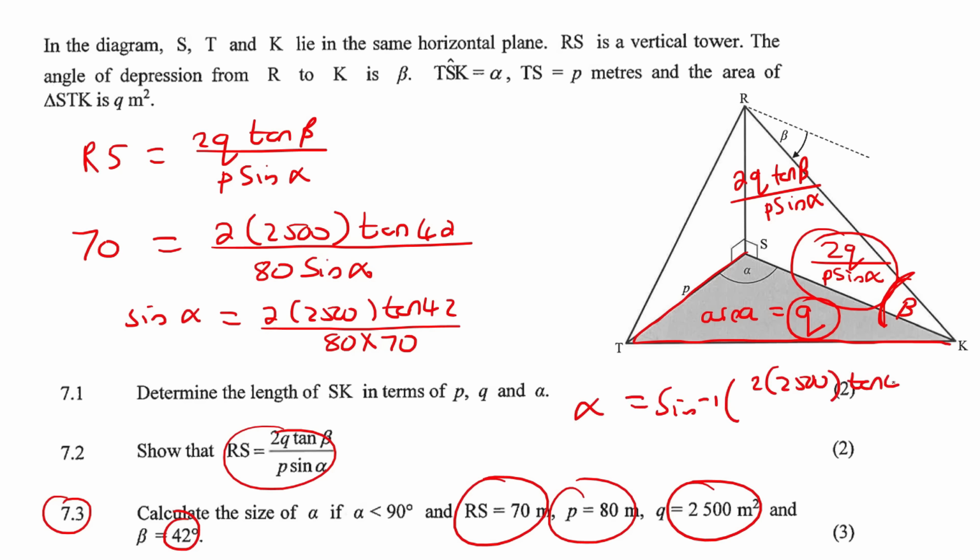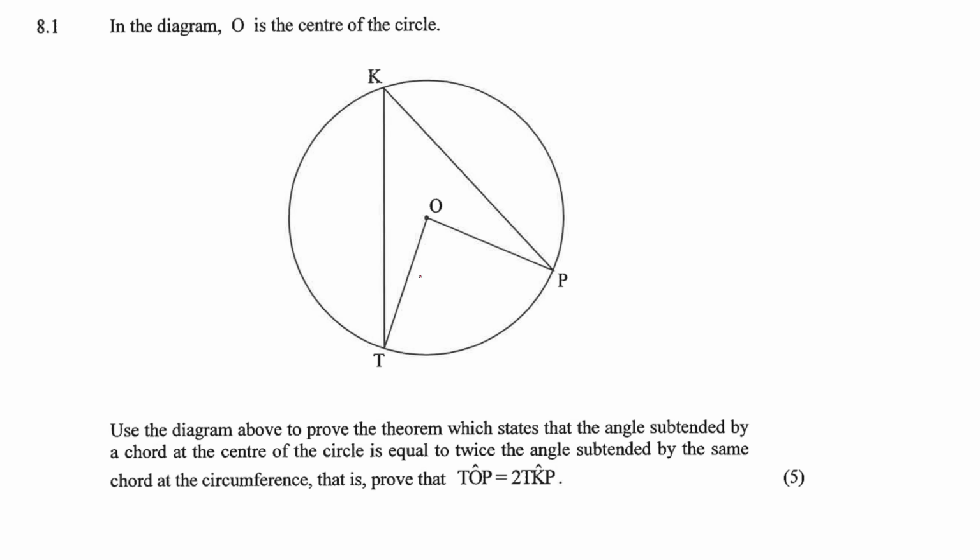In the diagram, O is the center. Use the diagram to prove the theorem which states that the angle subtended by the chord... Okay, so pretty much they want us to prove the angle at center theorem, where this one should be double this one. There are multiple ways to prove this one. I show different ways, but one of them is to first do a construction line from K